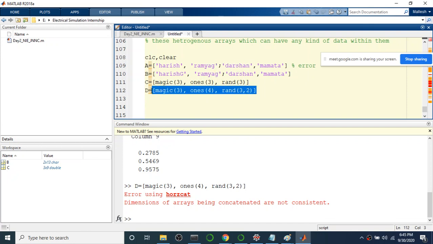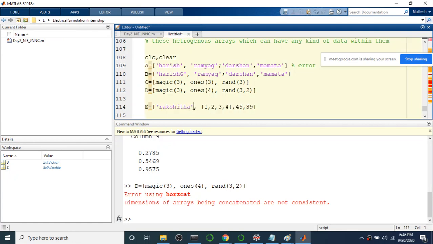Now we'll see the last example, E equal to. Let's take a new name, write Rakshita, and then ones of 3. Then I'll write simply 1, 2, 3, 4, then 45, then 89. Let's see what output we get.